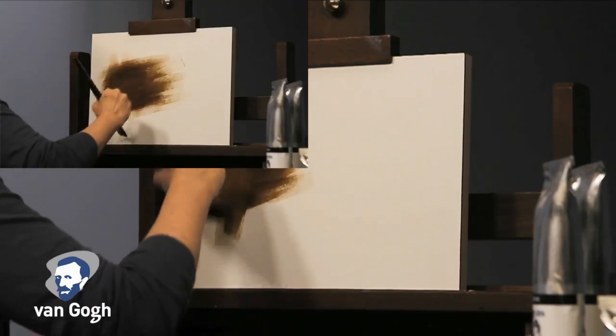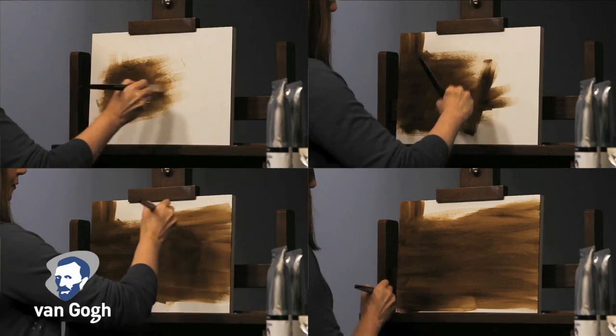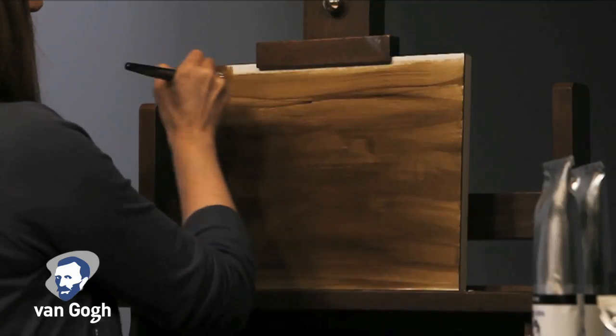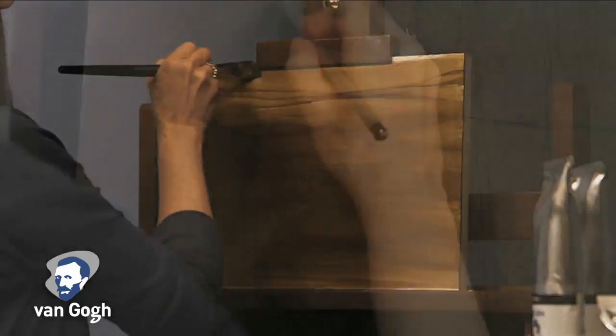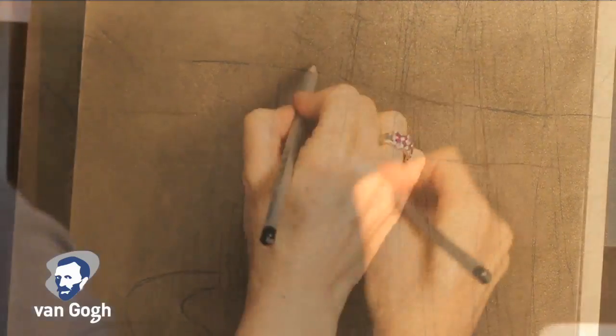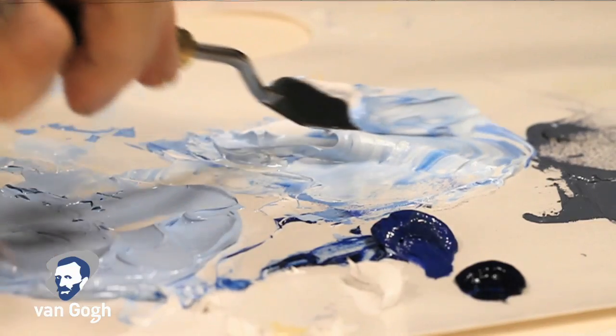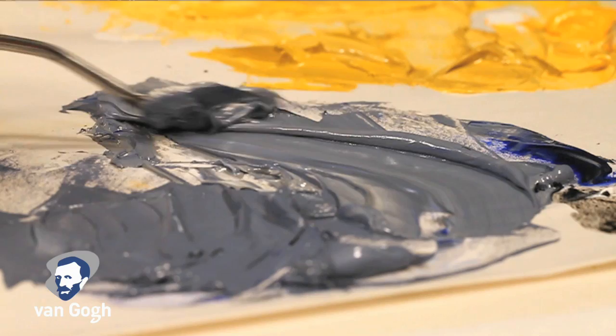This stage is called the underpainting and is allowed to dry before starting the Alla Prima technique. The basic shapes of the subject can be drawn in with a pencil on the toned surface. Mixing the colors should always be done with a palette knife, not a brush, as this will ensure a complete